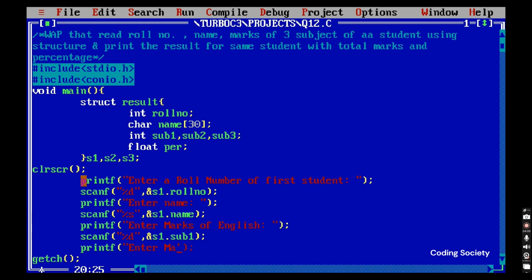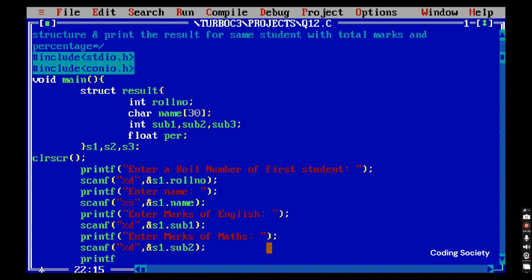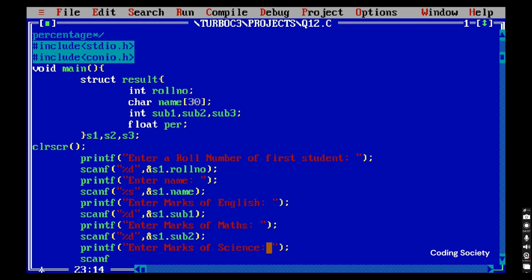printf("Enter marks of maths"); scanf("%d", &s1.subject2); printf("Enter marks of science"); scanf("%d", &s1.subject3);